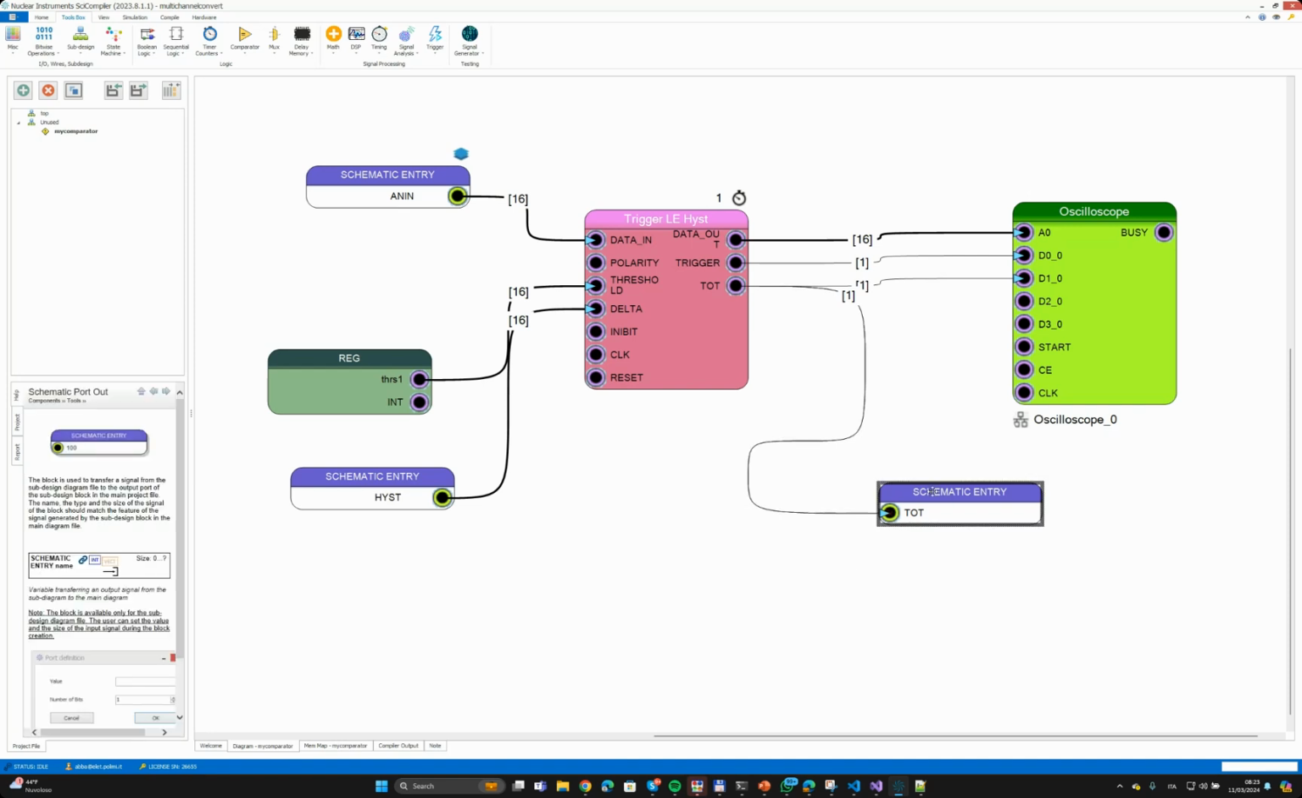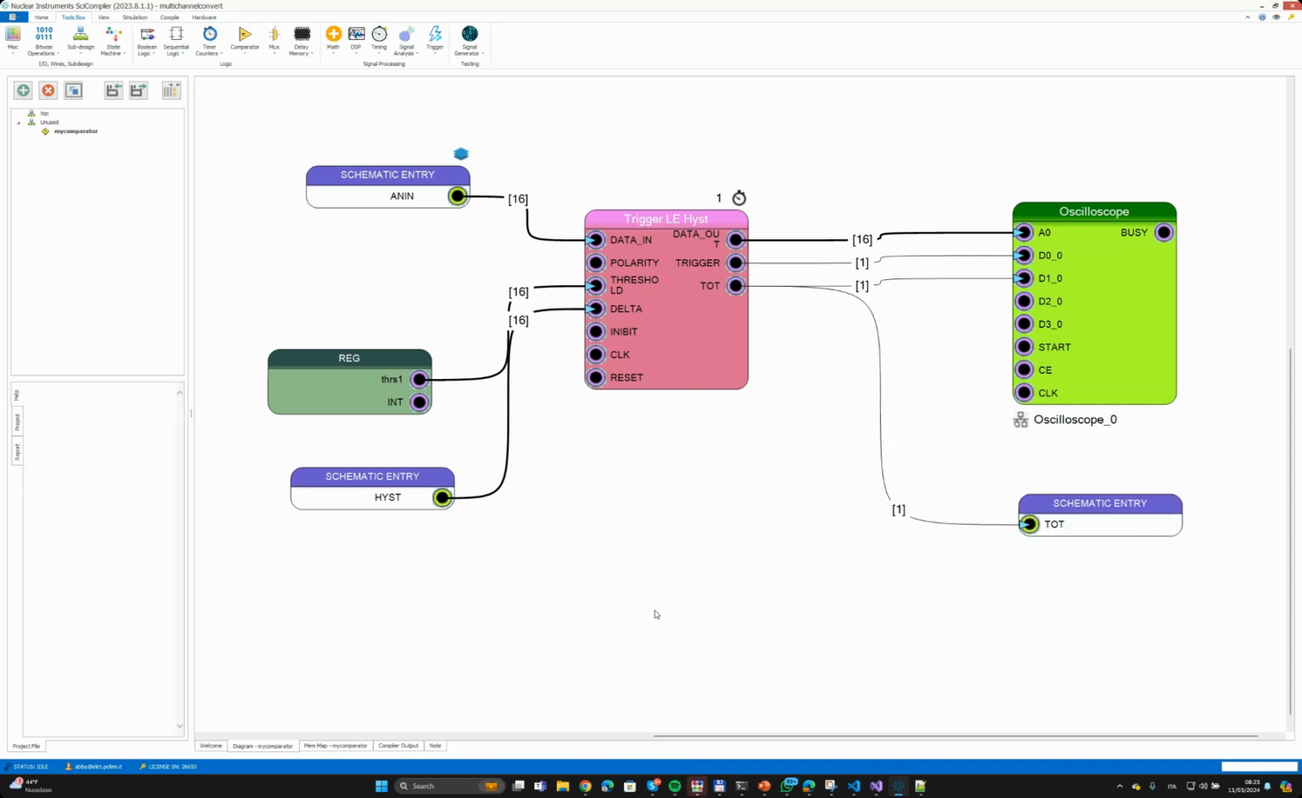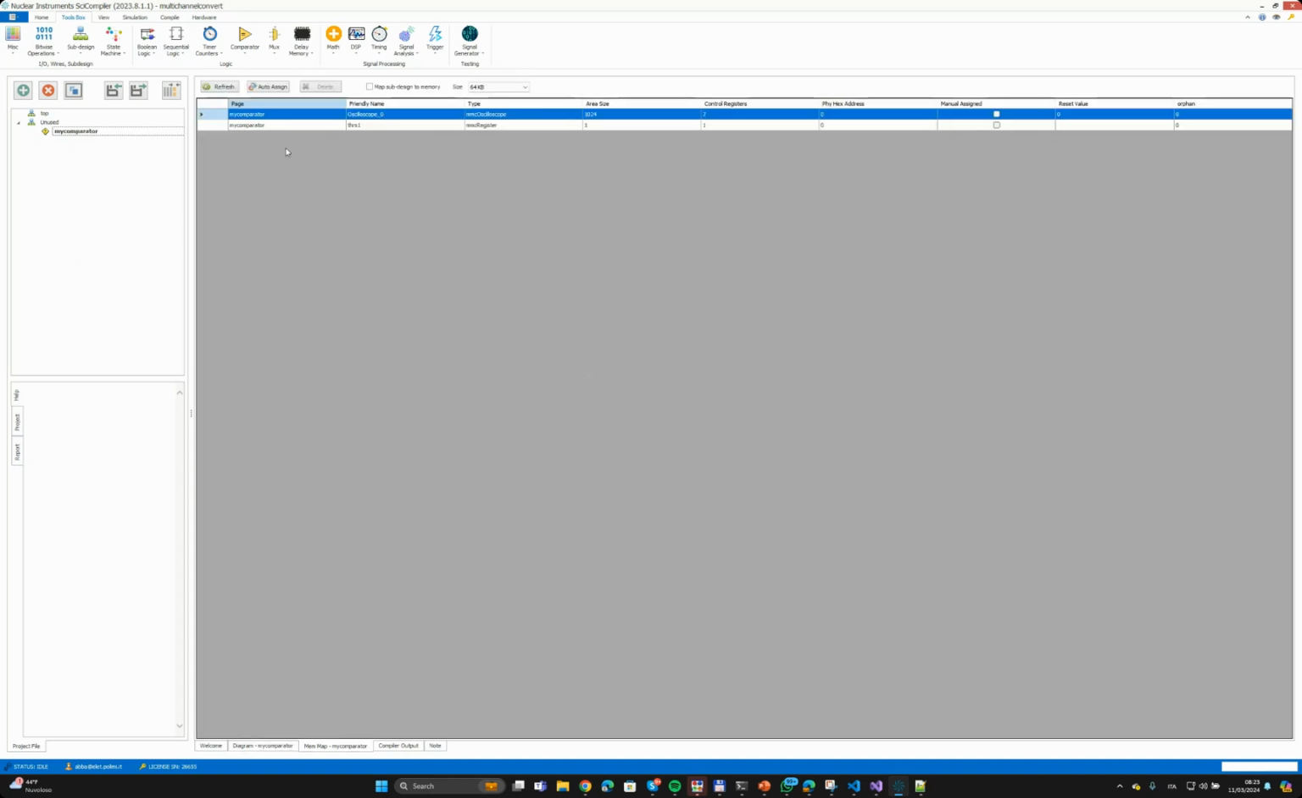Okay, great. So now we need to set the addresses to the register and the oscilloscope inside the sub page. So we right click on the name of the design, open memory map, press refresh and auto-assign. Now we create the addresses for the two registers, and we assign 2 kilobytes of memory to this sub page. We go back to our top